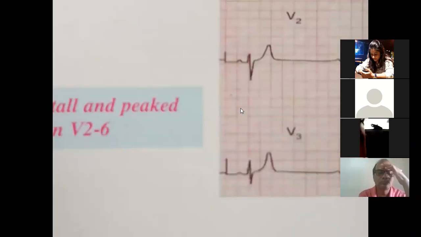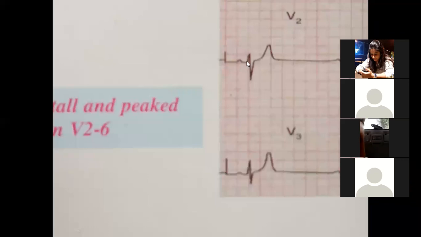What is this? They wanted to show what a tall T looks like. So this is a normal P, with a normal interval. The Q is small and the R is of small amplitude. The ST should have been here, but the ST is elevated. Normally, is the R tall or the T tall? Normally the R is tall. Here it is reversed. The R is small and the T has dropped. It should be up here; it got dislocated and went here.